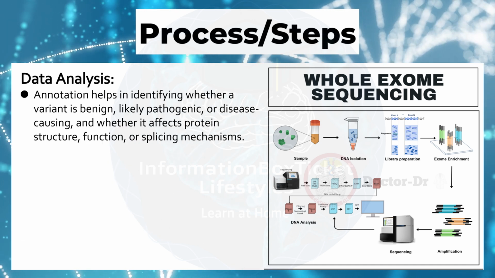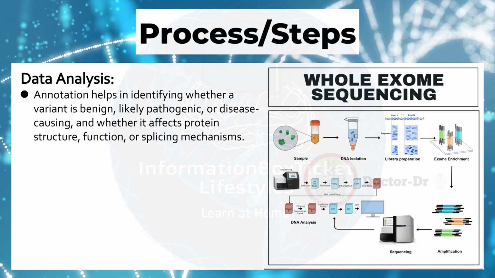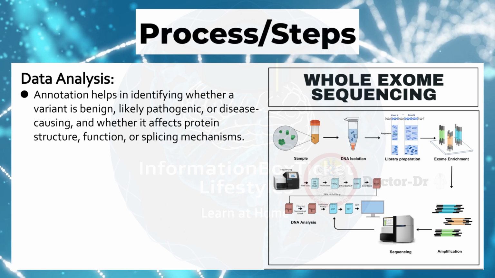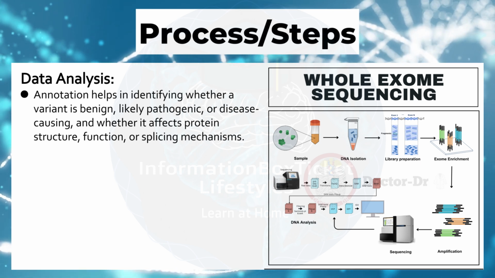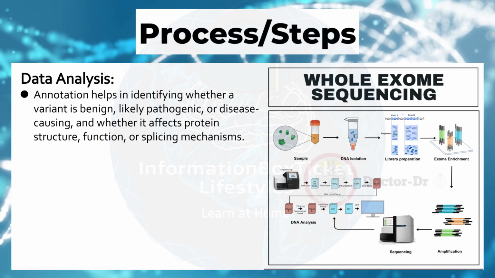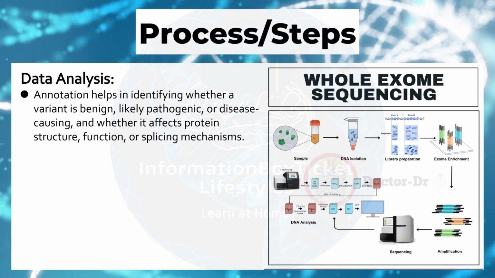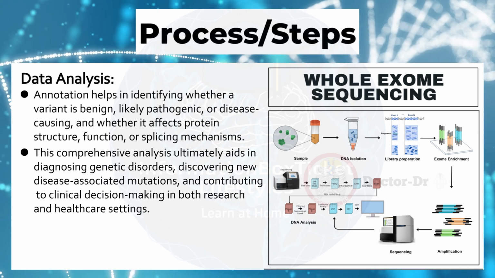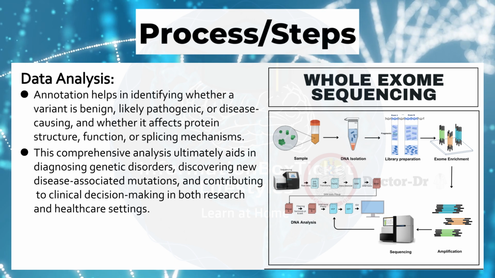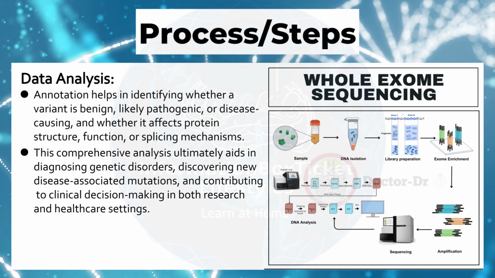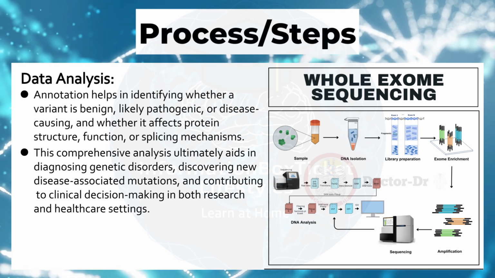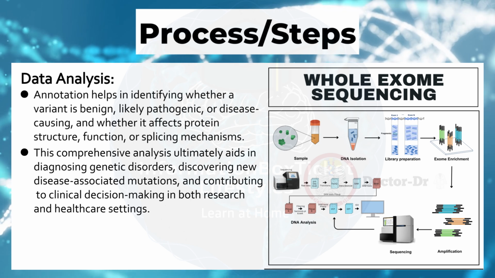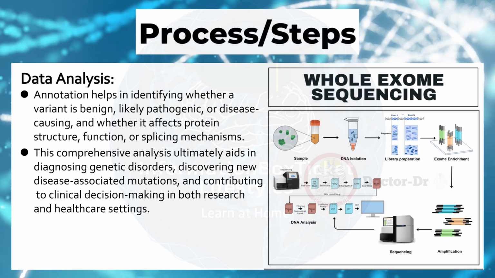Annotation helps in identifying whether a variant is benign, likely pathogenic, or disease-causing, and whether it affects protein structure, function, or splicing mechanisms. This comprehensive analysis ultimately aids in diagnosing genetic disorders, discovering new disease-associated mutations, and contributing to clinical decision-making in both